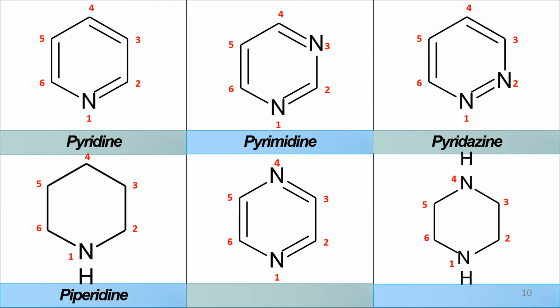Pyrimidine contains 2 nitrogens, and it is a very important structure for the exam, MSBTE exam. Pyrimidine is frequently asked. Pyrimidine contains 2 nitrogens in a 6-membered unsaturated ring. Another is pyridazine, because the position of nitrogen is changed compared to this structure, and we give the name pyridazine. Next are pyrazine and piperazine. The differences are very simple and clear, very important.